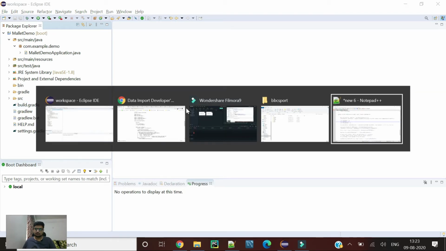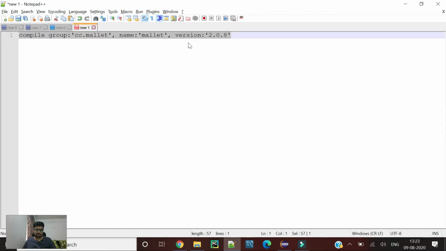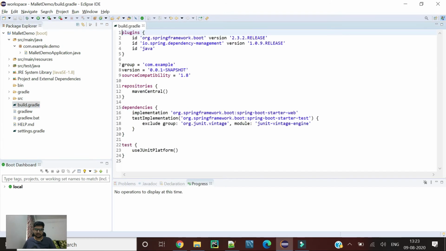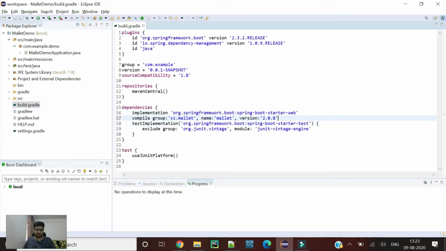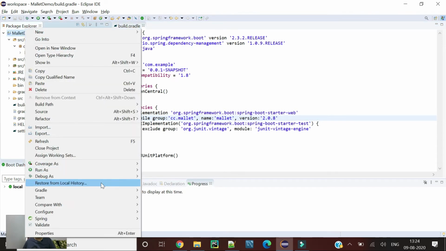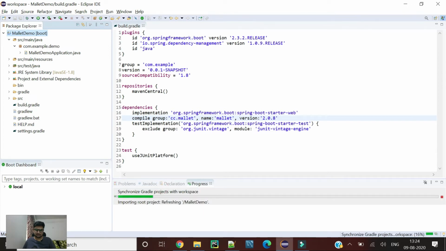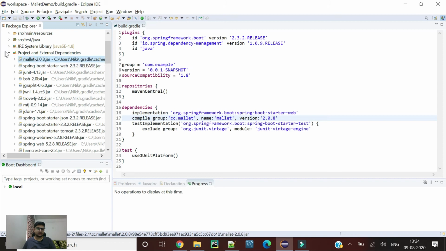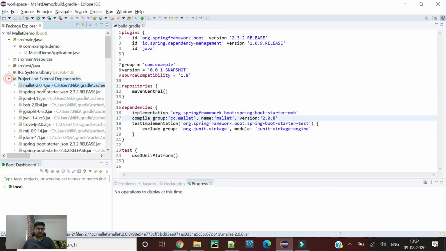We need to have Mallet imported as a dependency, so just add Mallet here and refresh Gradle to download Mallet. As you can see, we got Mallet here as our jar. The dependency is being downloaded.